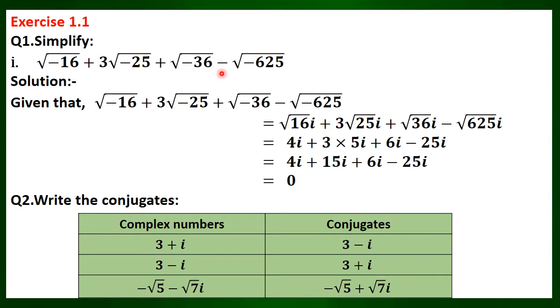minus root of minus 625. The terms inside the root are perfect square numbers with a negative sign. So these numbers can be written as, if a negative sign is there in the root, then we will get the imaginary number i. So the first term will be root of 16 i, and the second term is 3 into root of 25 i, plus root of 36 i, minus root of 625 i, because each number, for example,